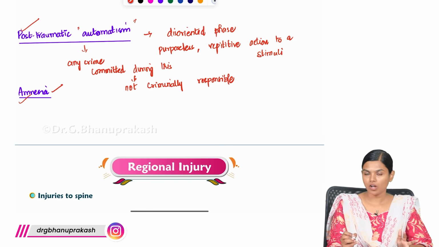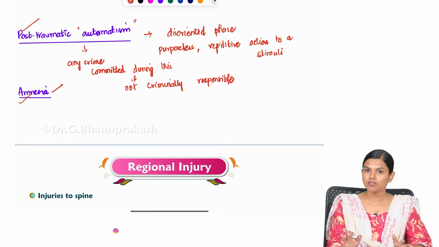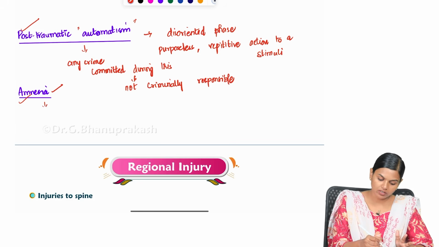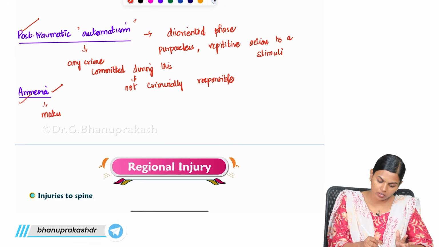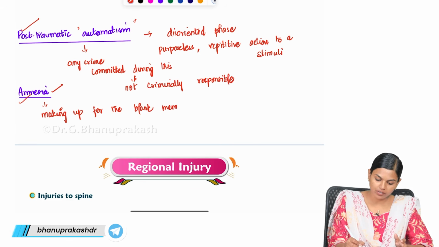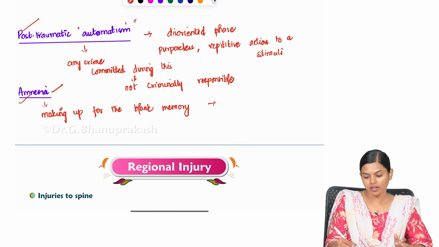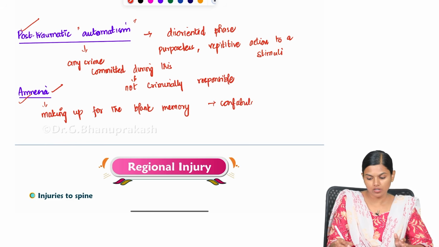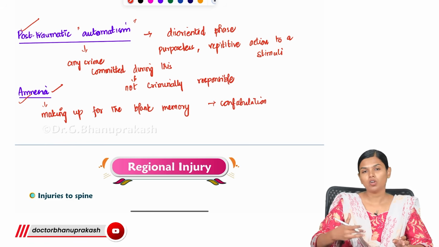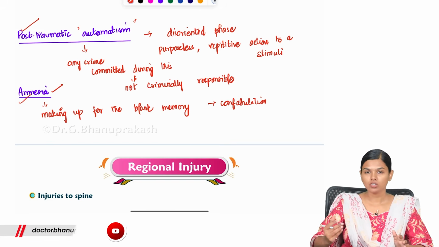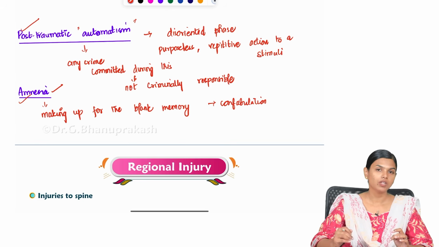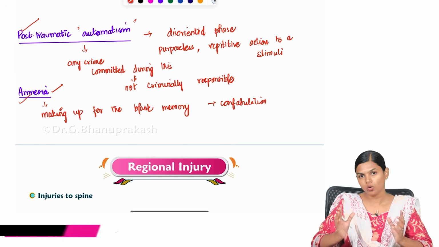Like it may happen or may not happen, but some people will experience amnesia and they will start making up for the blank memory. So they will make up some stories, they will start confabulating. So confabulation will happen and they will give you a lot of lies. They don't know that they are missing that part. They won't do it intentionally, but some organic disorder had happened. Because of that amnesia, they will start making up things just to fill that hole in their head.